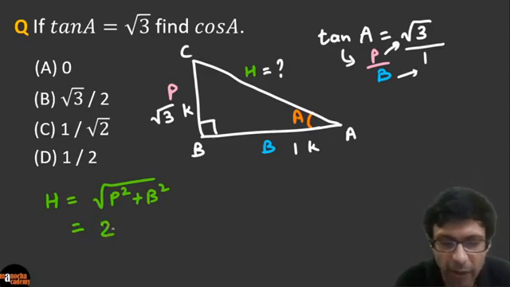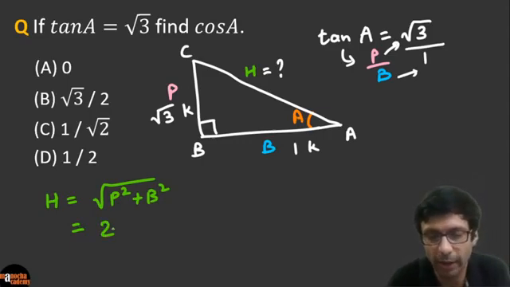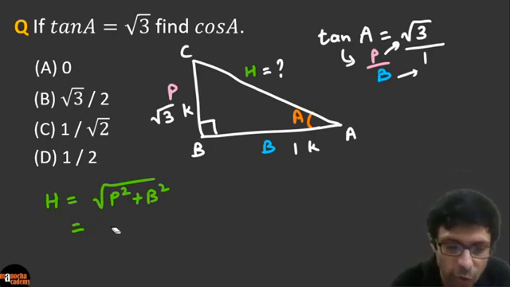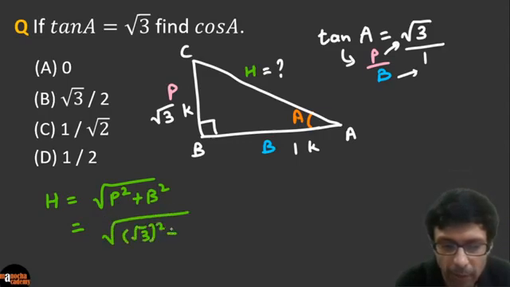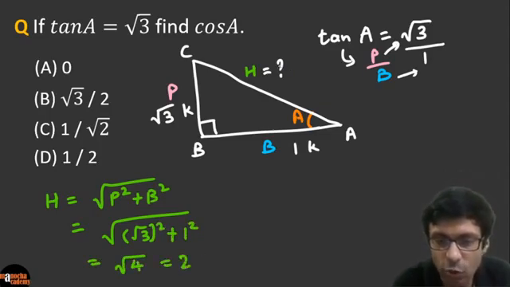I think it works out to be 2, right? Root 3 whole square, right? So that's 3 plus 1 and square root of that. So let me show that to you if you're confused. So this is going to be root 3 whole square plus 1 square, right? I'm not using the k here. So that's going to be square root of 4. So our hypotenuse works out to be 2 here. So let's go ahead and substitute that,